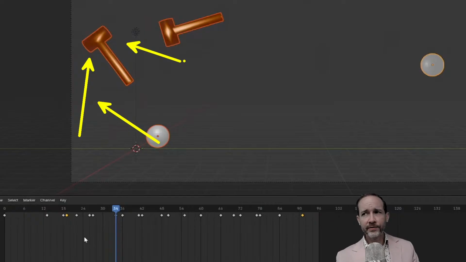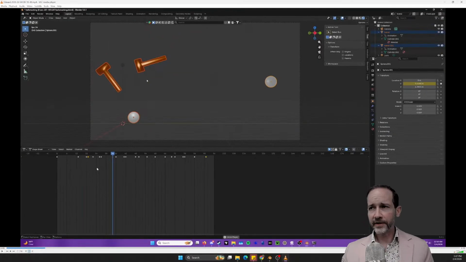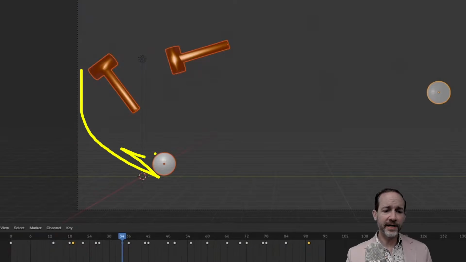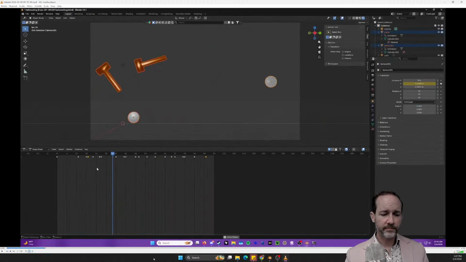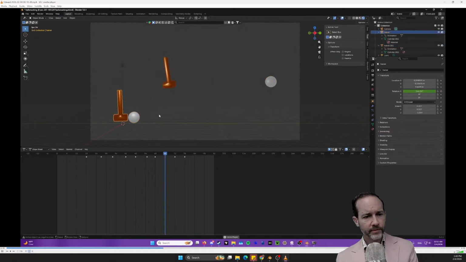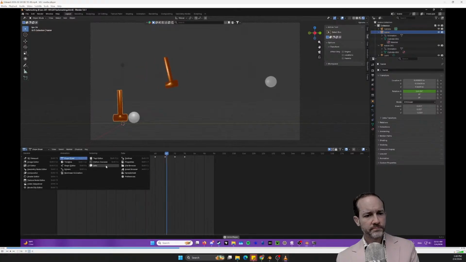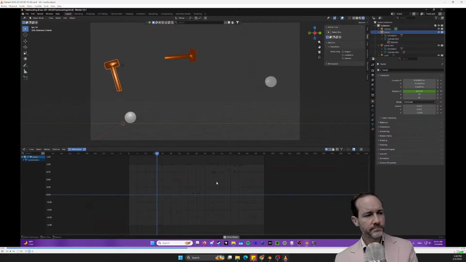Again, you blocked out reactions on the heavy hammer. That's good, but the timing on them is bad. It's way too quick. It feels like someone is flipping it back and forth like this, not as if it's having a natural physics-based reaction to the heavy ball. Also just for the swinging, the light hammer also has quite a few because it made contact with the small ball a couple of times.